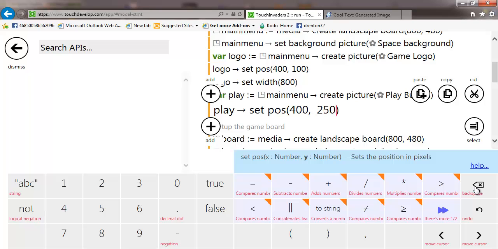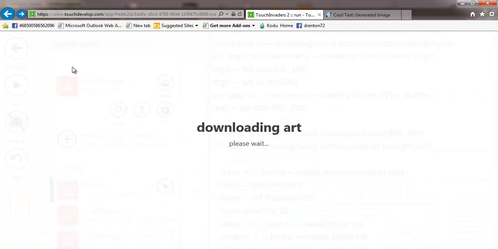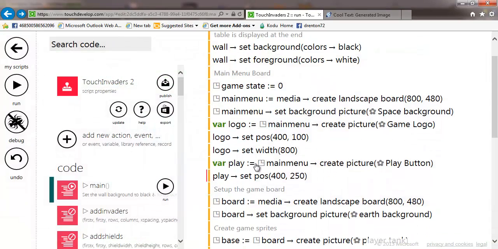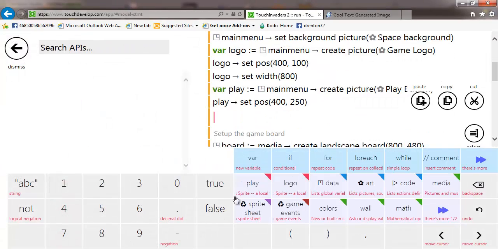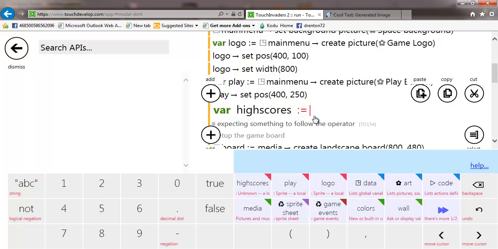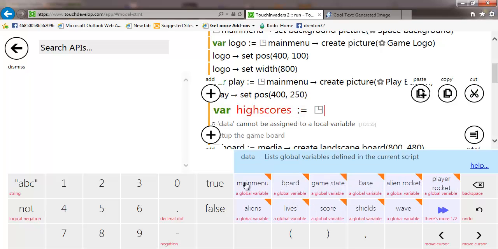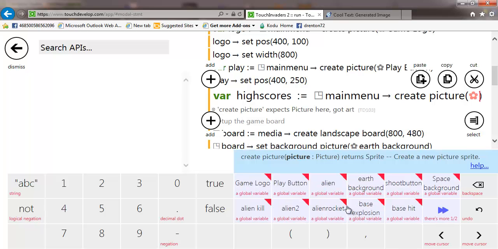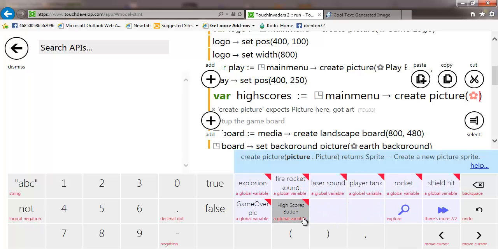Let's set this to 250. Okay, that'll do. Again, you could spend longer fiddling about with sizes, but I'm not going to because it's just meant to be quick. Right, main menu, create picture, art, and we want the high score button,